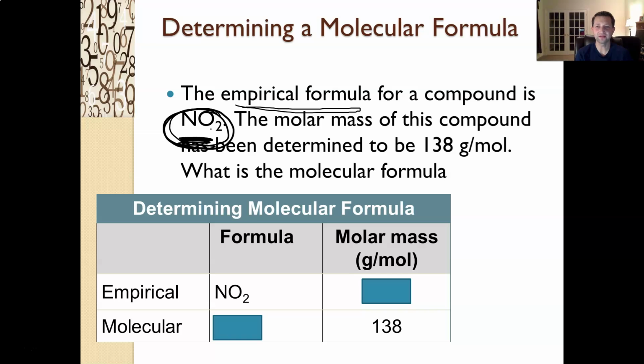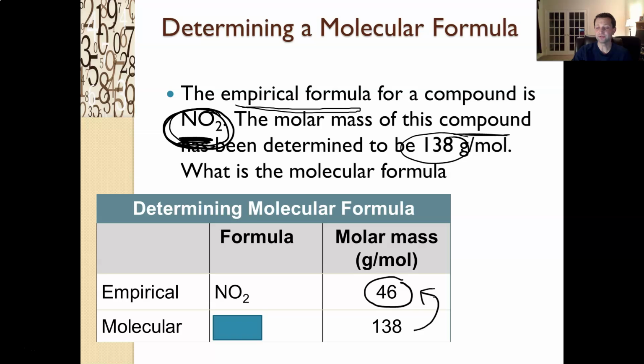What's the molar mass of my empirical formula? So I have this chart down here. My formula is NO2. My molar mass is 46 grams per mole. It tells me that the compound actually has a molar mass of 138. What you want to do is compare 138 to 46